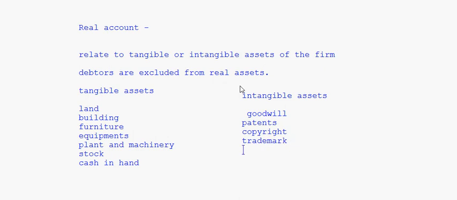The rule for real account is debit what comes in and credit what goes out. So whatever asset is coming in, that is debited, and whatever asset goes out, that is credited, right? The last